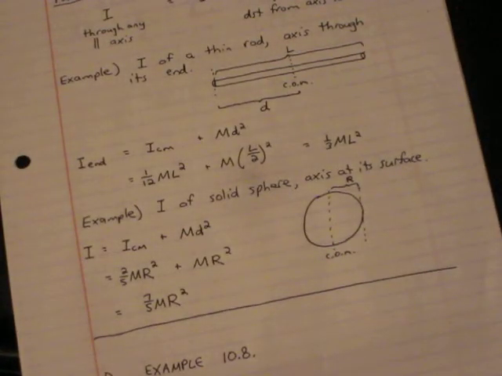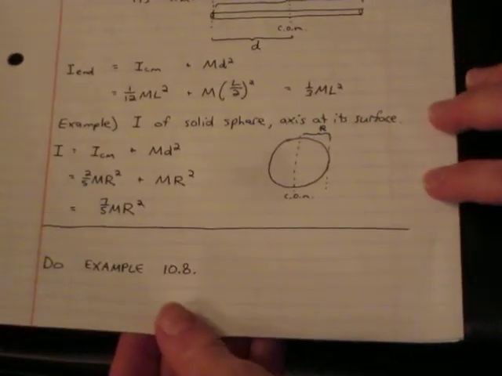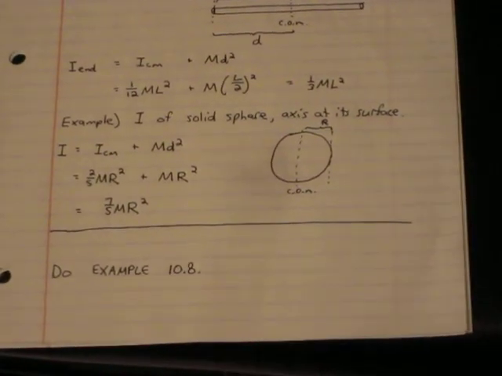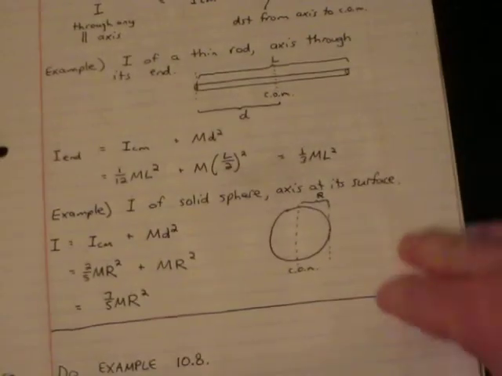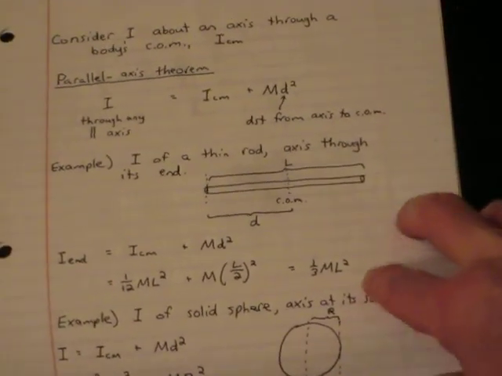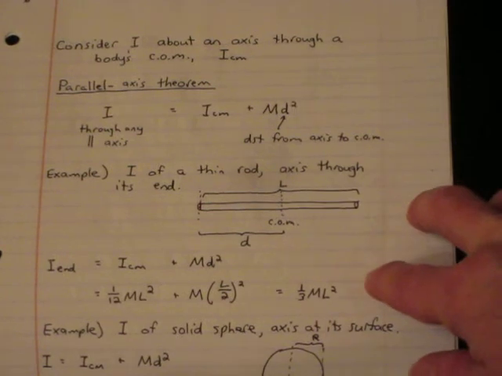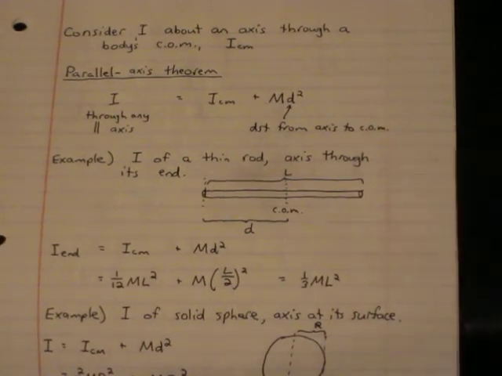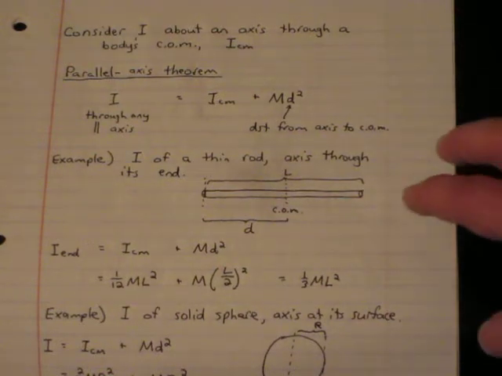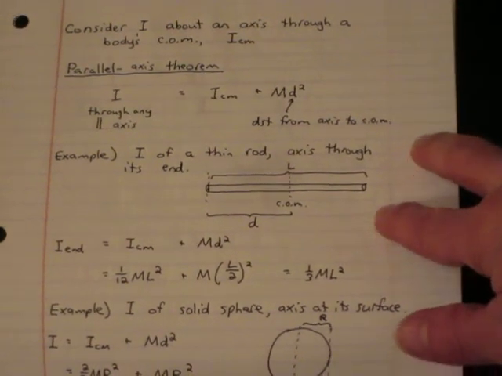Now sometimes it's a bit more difficult to integrate, or sometimes maybe not more difficult, but if we can find a shortcut, it's nice to have one. So consider the moment of inertia about an axis through a body's center of mass, and we'll call that I center of mass. I want to introduce you to the parallel axis theorem,